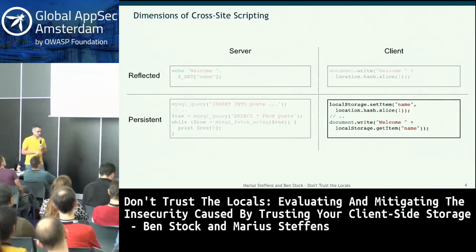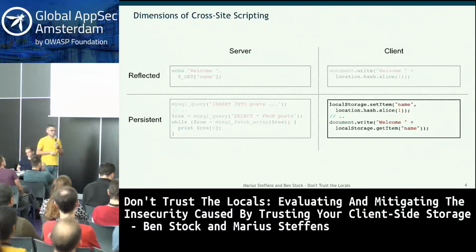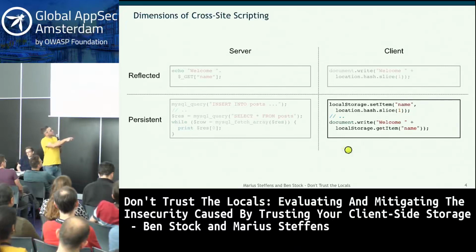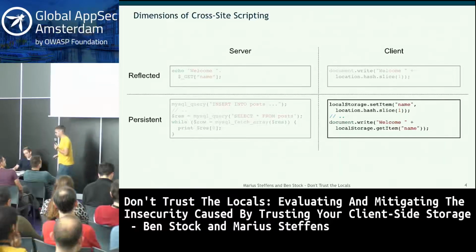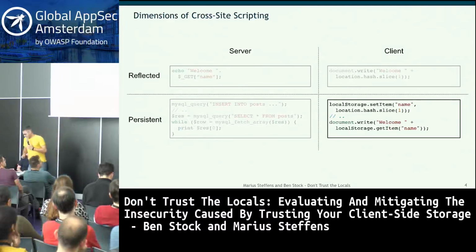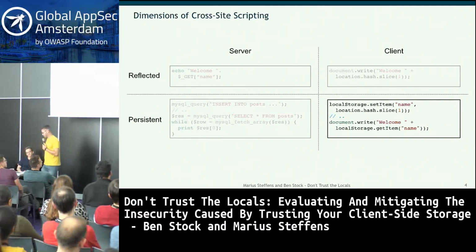Local storage is meant to store larger amounts of data. Cookies are very much bound. In this case, we first have a data flow where we have a setItem with something that is attacker controllable, so the location hash. And then this is later on used to retrieve something from the local storage, from the persistent storage, and write it into the document. So if you take nothing else from this talk, then please at least remember to not call it DOM XSS anymore, if you may.